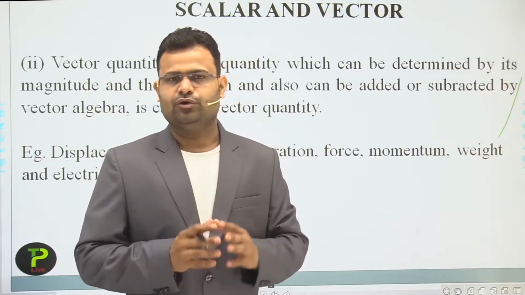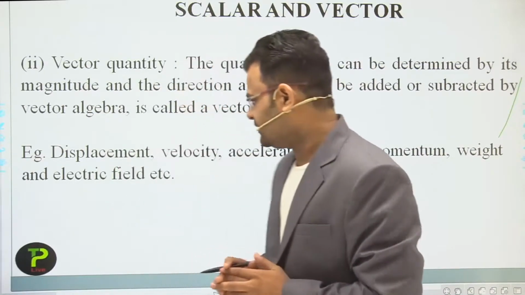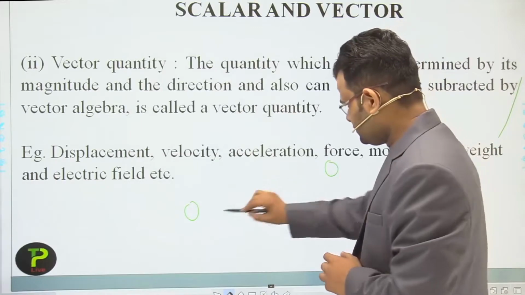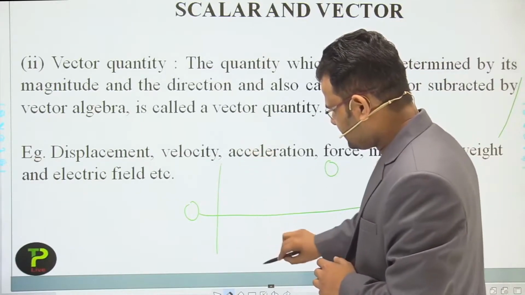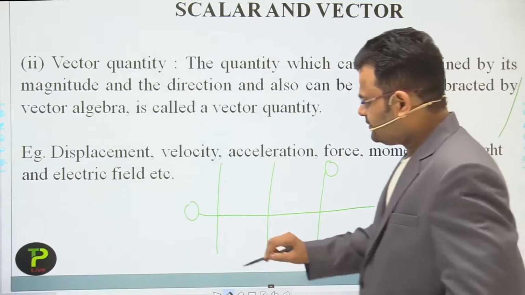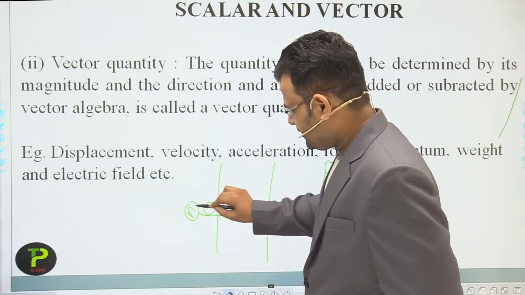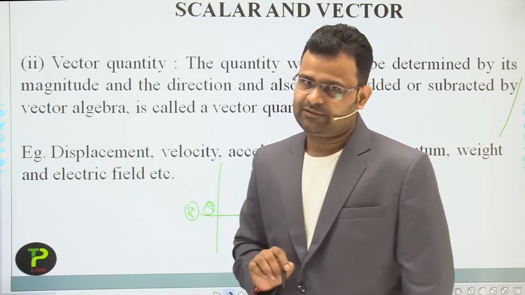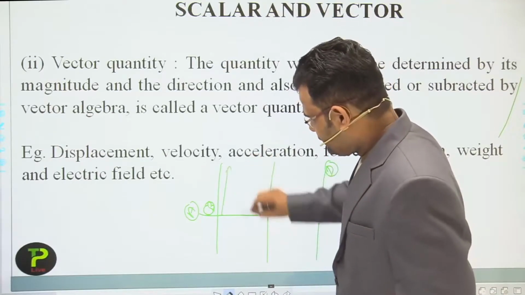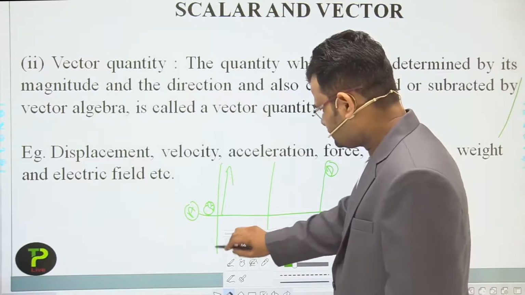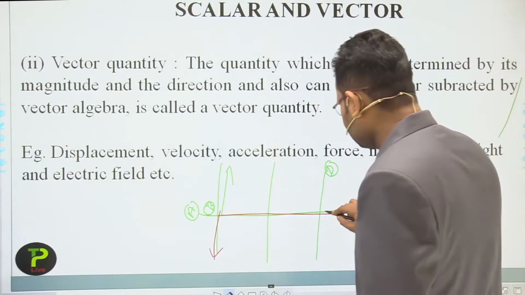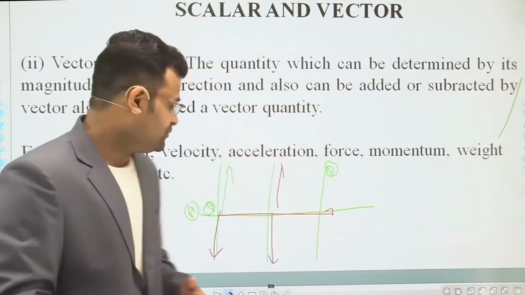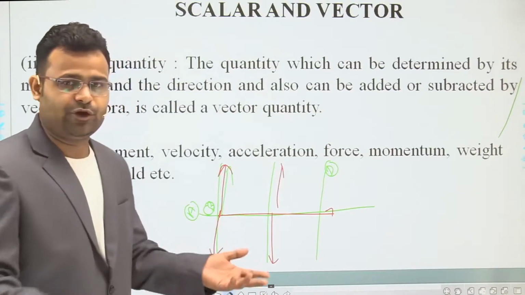Think about that. No, your answer is completely wrong. Why, dear? Let's suppose you are standing here and he is asking about that position. These are the paths and these are some lengths. You tell the person to go 5 meter, but which 5 meter? In this direction, or this direction, or that direction? Which direction is right? If the person moves in the wrong direction, your answer will be wrong.